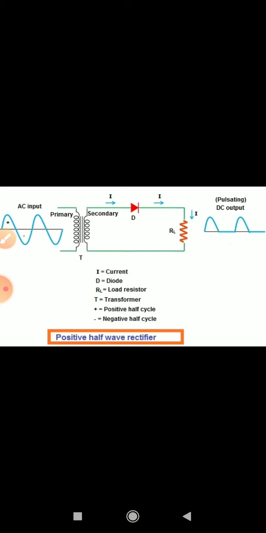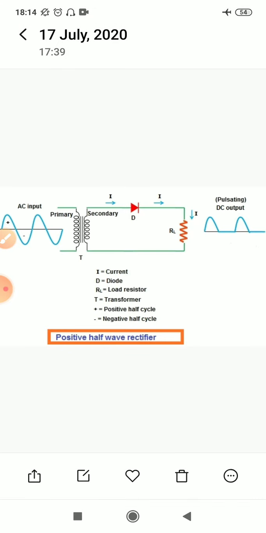In this way, a half wave rectifier converts only one half cycle of the input voltage into output voltage. That means it can convert only half of the cycle of the input to output direct current. Because of that, it is called a half wave rectifier. And there are many defects in this. One inability of this half wave rectifier is that most of the power is wasted, because it can convert only half of the input voltage to the output voltage. That is why we usually do not prefer a half wave rectifier.